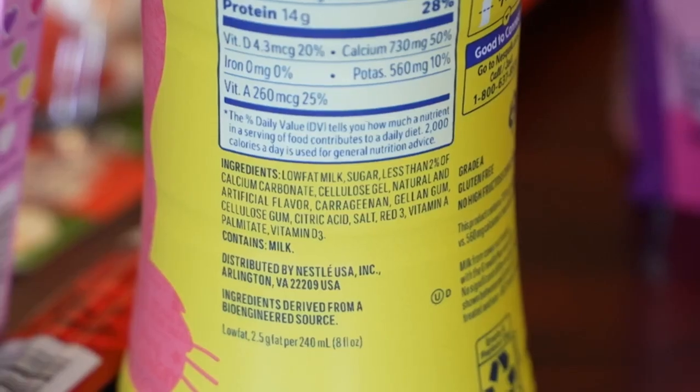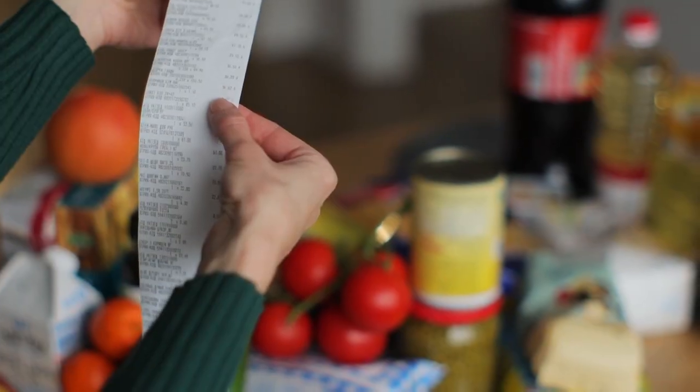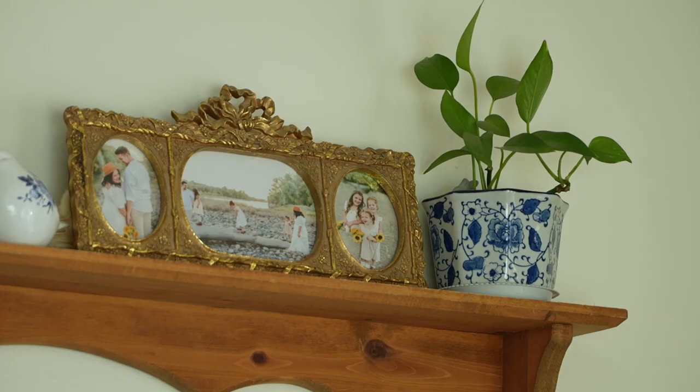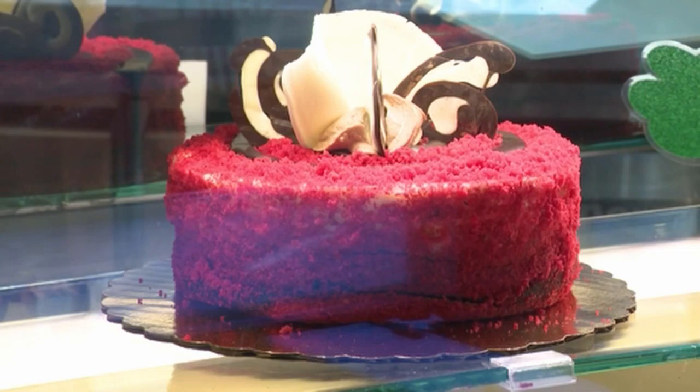From reading labels, the added expense of an alternative, to making snacks at home, there is a price to pay. But her children's health and well-being is invaluable. Our oldest daughter, I think we've seen the biggest difference. So she used to have really bad night terrors, but since we've cut out food dyes, that's not even an